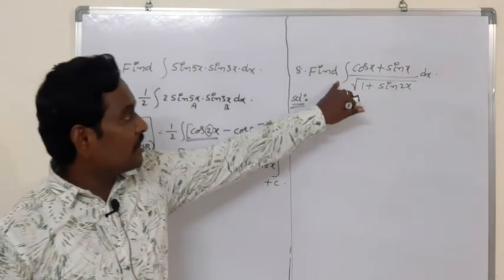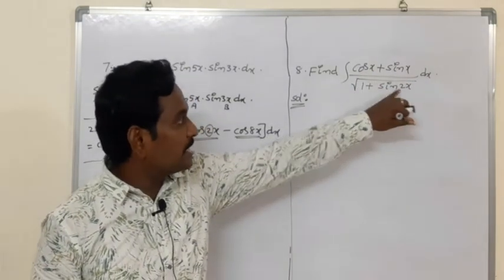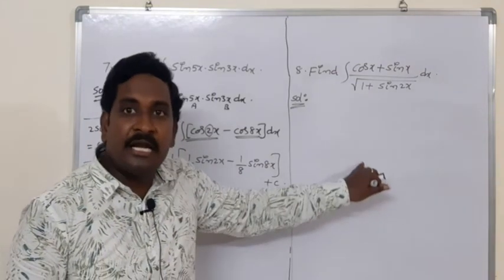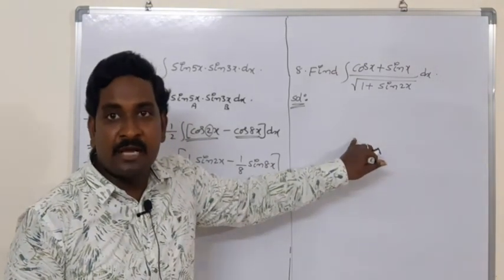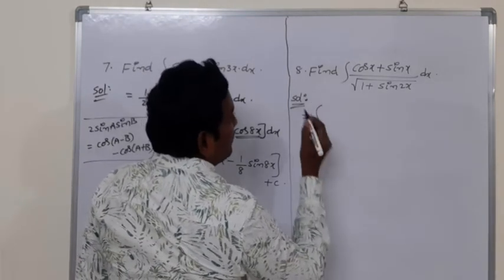Now see this problem. Find integration of cos x plus sin x whole by root over 1 plus sin 2x into dx. This is also very important and repeated problem in the end examinations. This problem can be written as,